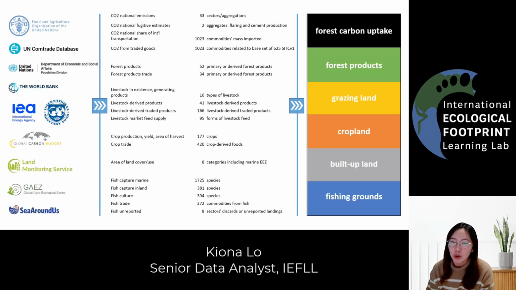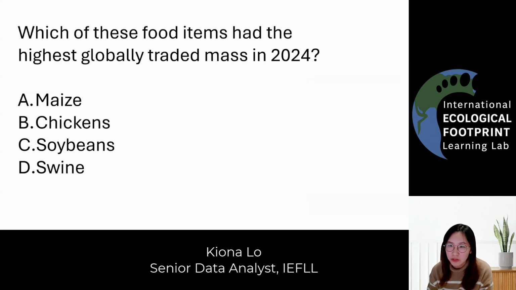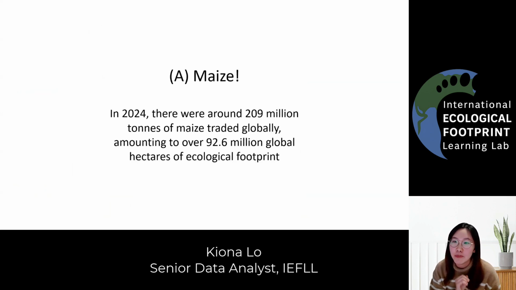With this, I want to ask our audience the first trivia question. Among the following 4 food items, which one has the highest globally traded mass in the year 2024? The answer for this question is actually maize. In 2024, there were around 209 million tons of maize traded globally, which accounts for around 92.6 million